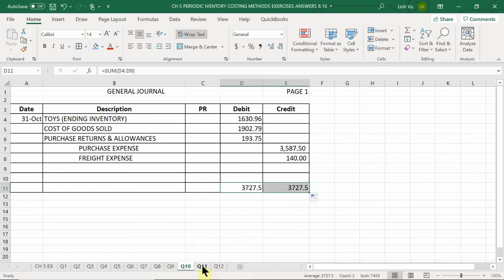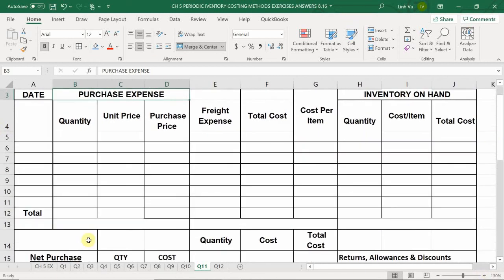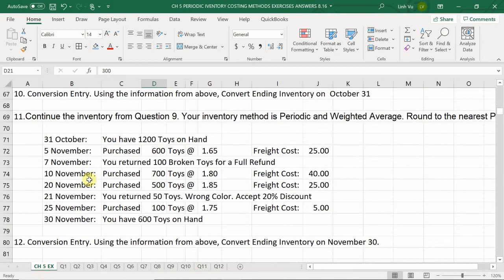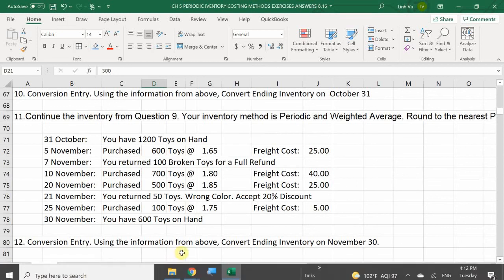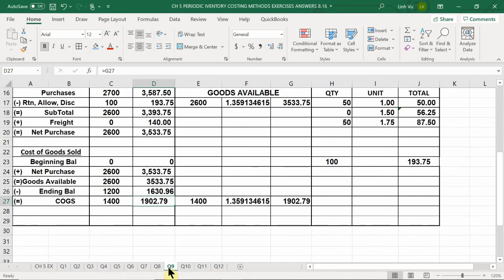Okay, so let's go ahead and complete the very last inventory worksheet, which once again, question 11, is a continuation of the problem from above, from question number 9. Once again, your inventory method is going to be periodic and it is weighted average. So in this case, on October 31st, you had a total of 1,200 toys on hand, which we know because we solved it to be a total of